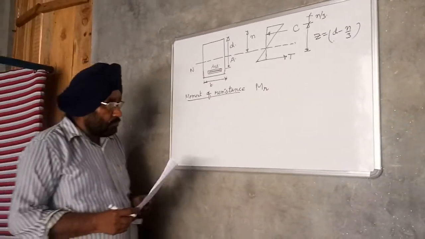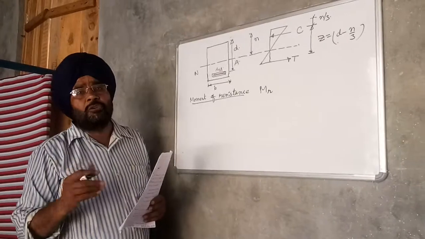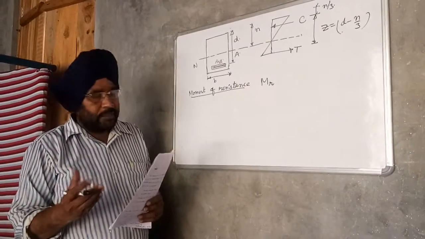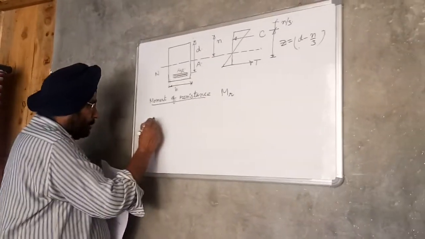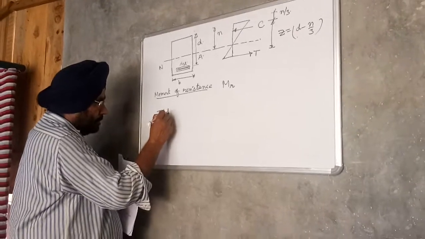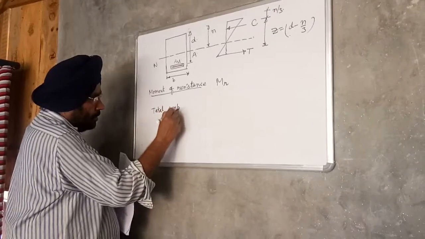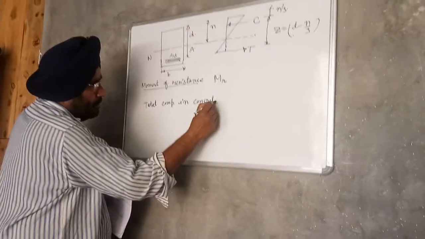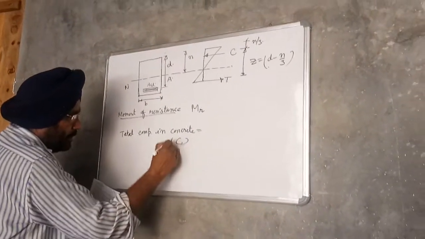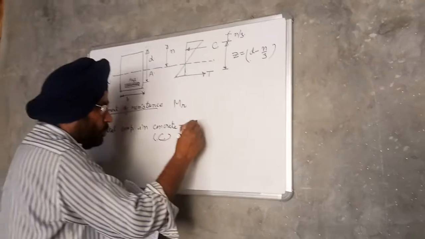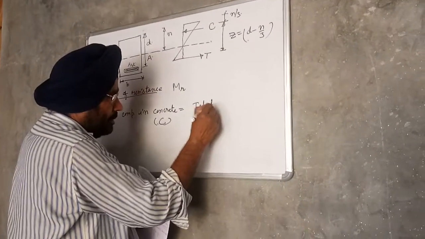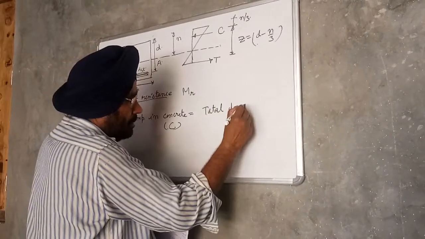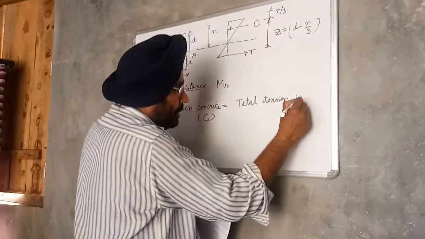Because the beam section is in equilibrium, the total compression in concrete, capital C, must be equal to the total tension in steel,